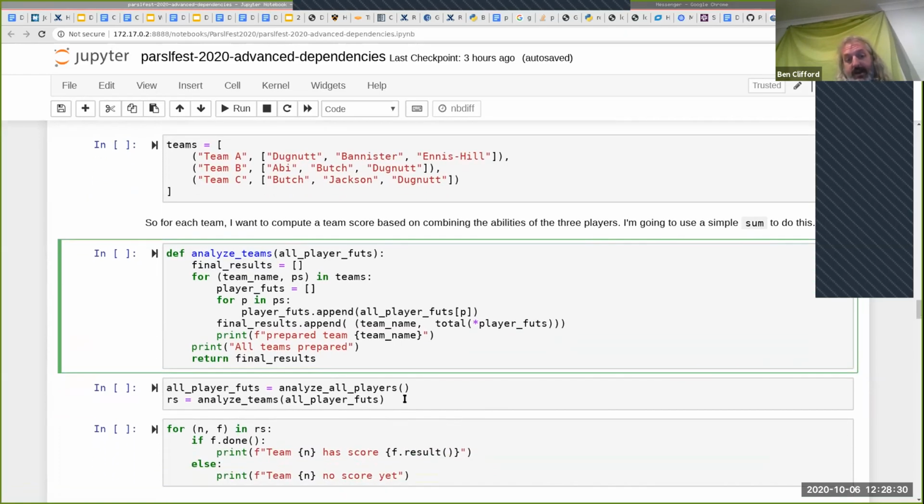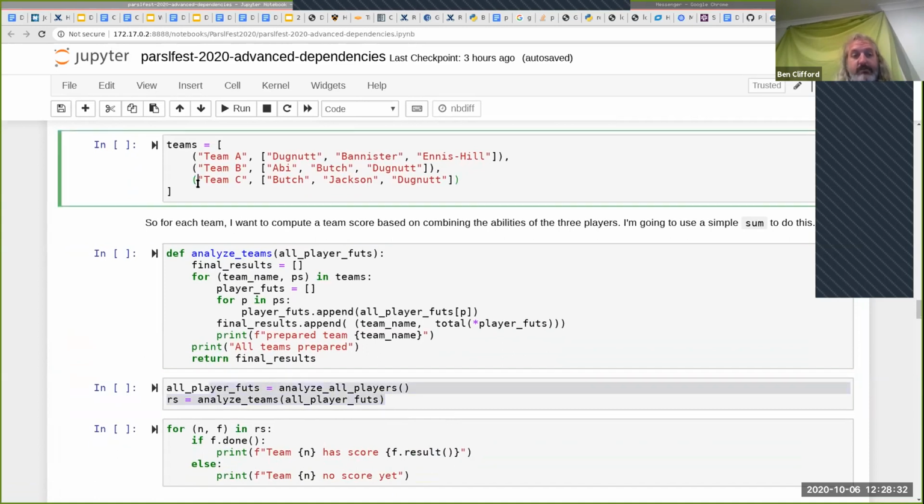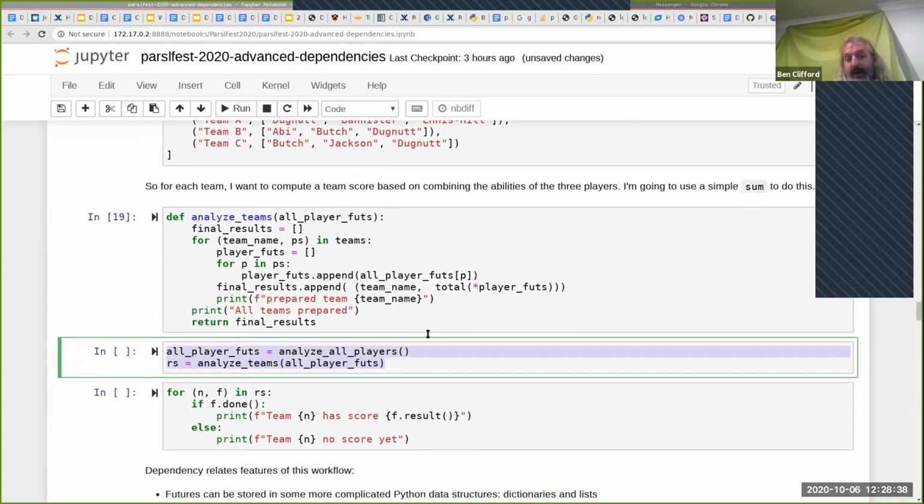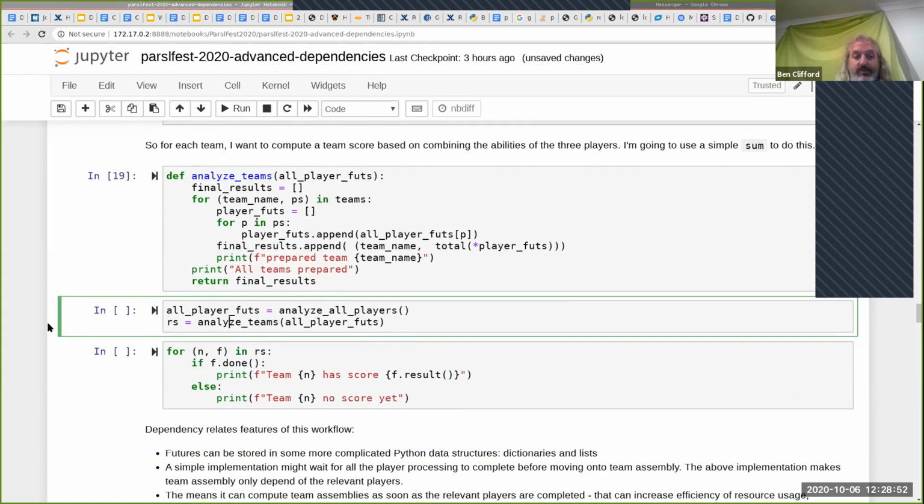So that lets me have, I should run that. So here's my complete workflow. We're going to analyze all the players. That's going to launch a whole load of tasks and return a dictionary. And then I'm going to pass that dictionary into analyze teams, which is going to return a list of results. And then below, I'll be able to print the scores for those teams. So if I run it,